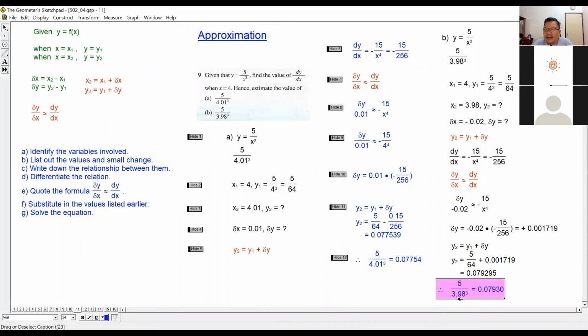Okay, so we tell them 5 over 3.98 cubed is actually this number, 0.7930. We give 4 significant figures. This number here we round off to 4 significant figures. Okay, in SPM we need 4 significant figures only. So normally when you calculate more than 4, for the final answer, you round off to 4 significant figures. Okay, so this is approximation. Approximation is actually to estimate the approximate value of